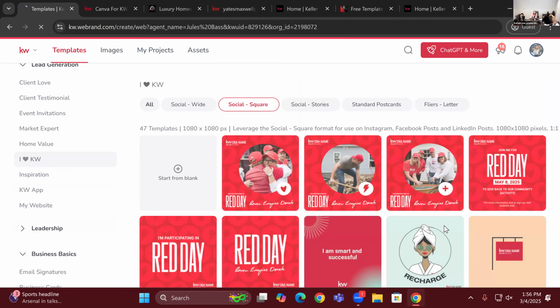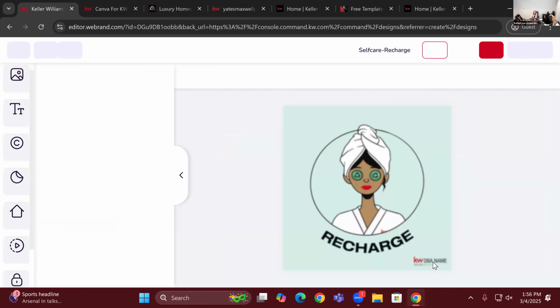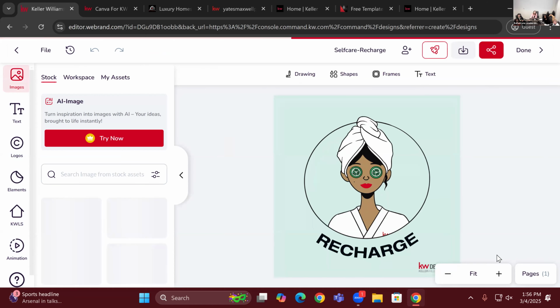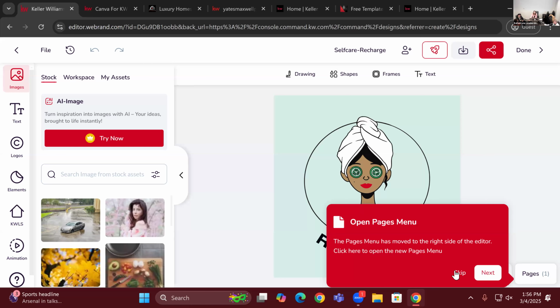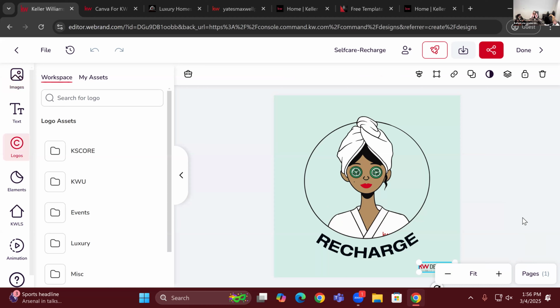Just a heads up, all designs in Command have this DBA name logo on. That's just a template placeholder to remind you to put our logo on, if it's needed. Compliance-wise for our market center, you have to put our market center logo on every single listing or property post that you have. Other than that, you actually don't need it. Like a holiday post, for example, you don't have to have our Valentine logo on there, only for listing ones.